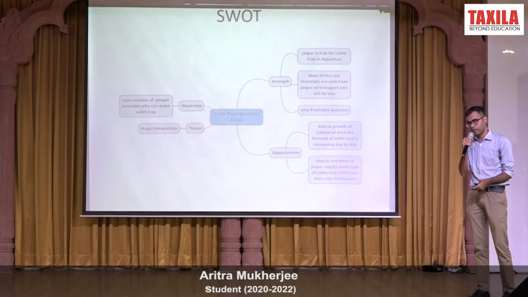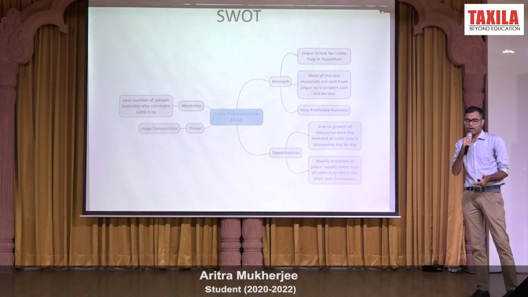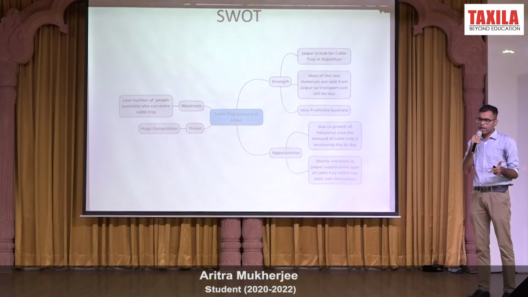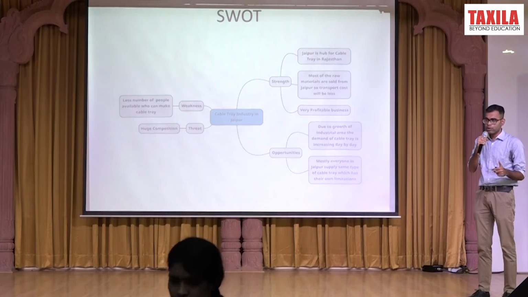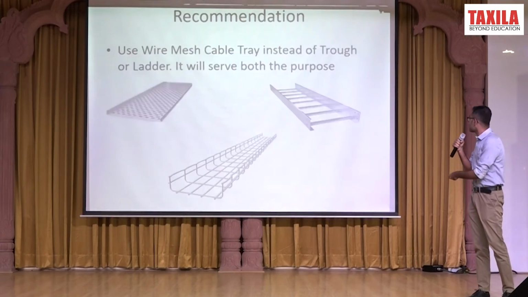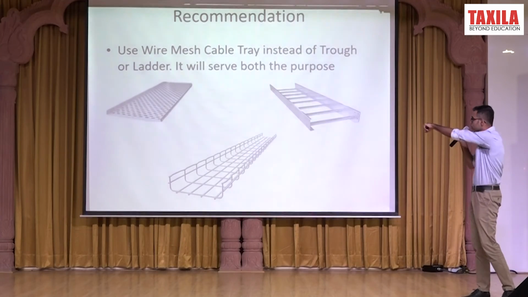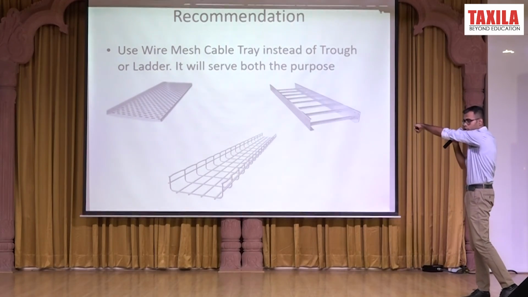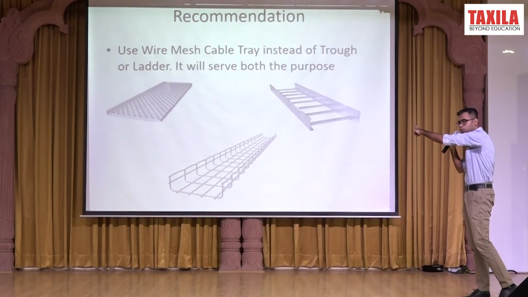And third is huge competition. There are a lot of suppliers and plenty of manufacturers there. So if you are doing business in cable tray, you should know that you have huge competition. After that, I gave recommendations to them. As you can see, the left one is the claw type of cable tray, and the right one is the ladder type of cable tray. So what is the strength of the claw type cable tray?